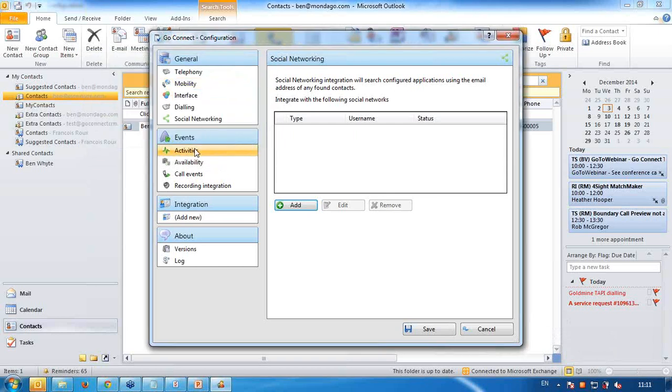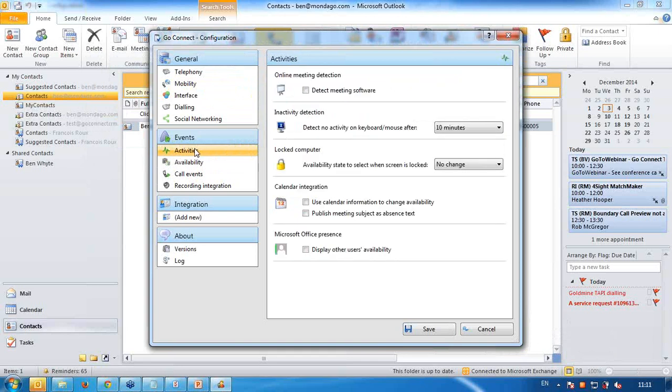Now, what we've got is a whole new area for events that's new, so you weren't seeing this before. So we need to describe these a bit more. Under activities, we can use this. At the top, we have online meeting detection. That looks at your computer, and if you're using things like GoToWebinar or GoToMeeting like I am right now, or Skype or Lync, or many of those commonly used online meeting software, the GoConnect client will detect that,